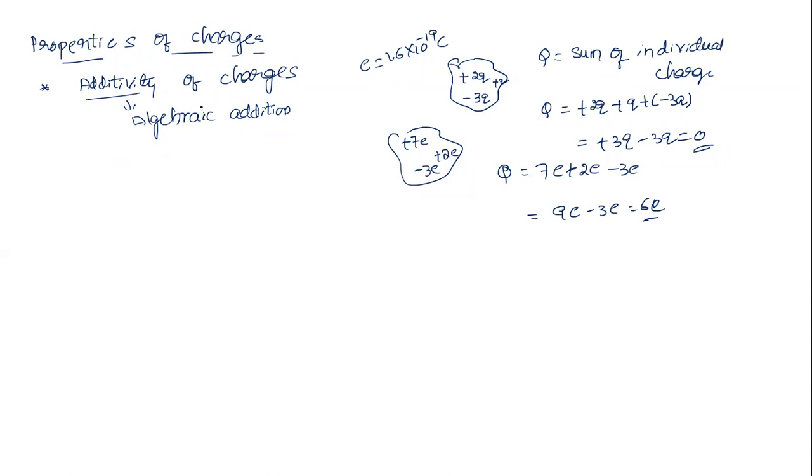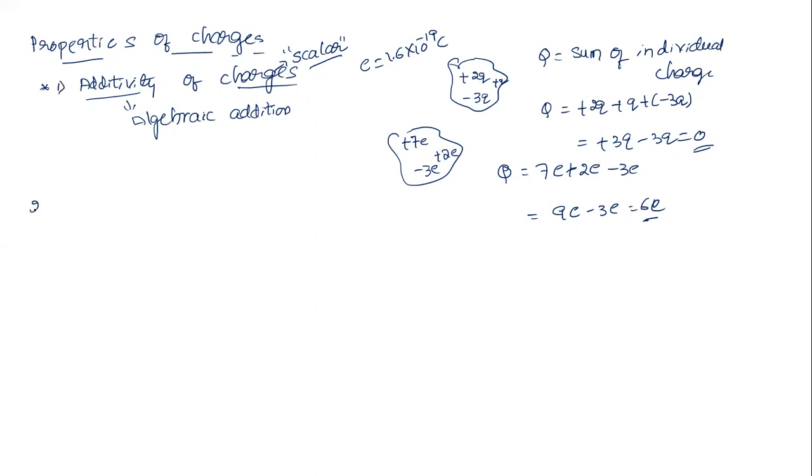Why is this? Because we know already charge is what type of quantity? It is a scalar quantity. So I don't want to remind you what is meant by scalar. Do you want me to explain what is meant by scalar and vector, students? No, sir. Not required. So since charge is a scalar quantity, it is just like addition of numbers. So this is the first property.